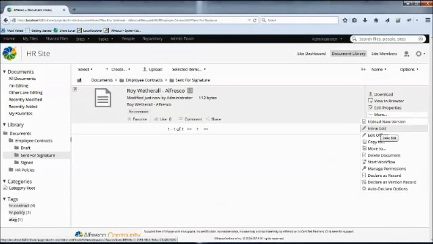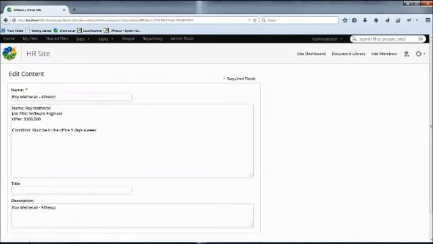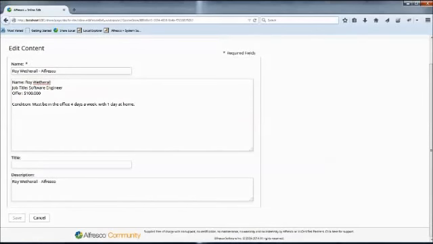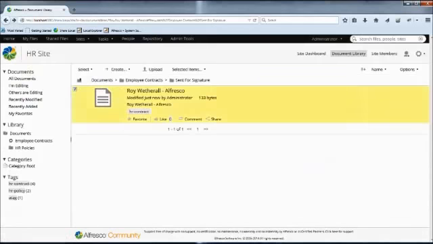So let's imagine I read this and for whatever reason I'm not happy about coming into the office 5 days a week. So I negotiate and we come to an agreement and we say, okay, we're going to amend the contract so it'd be 4 days a week with 1 day at home. Okay, so we're all happy with that. We save that, and the employee now